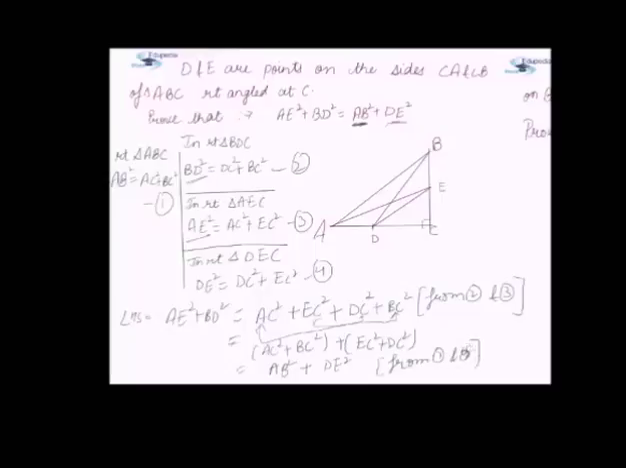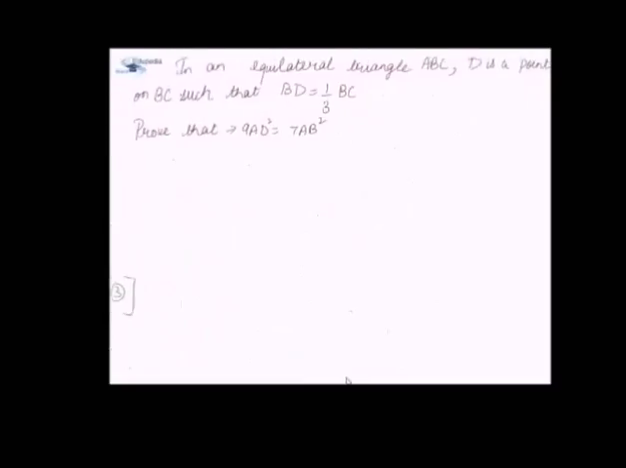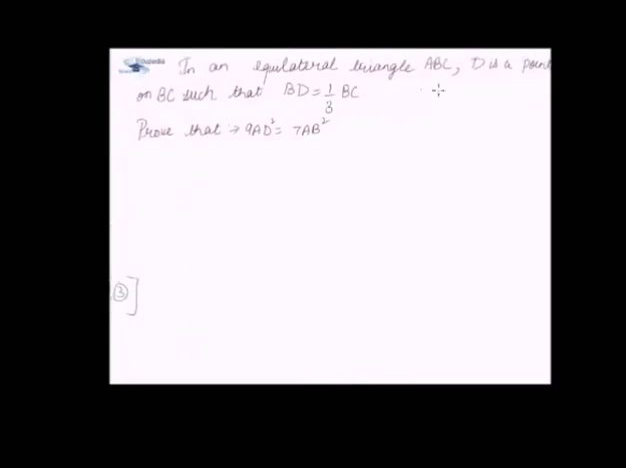So this is, my dear friend, the right hand side, and hence the given question has been proved. Let us have a last question. The question says, in an equilateral triangle ABC, D is a point on BC such that BD is equal to 1 by 3 BC. So we need an equilateral triangle